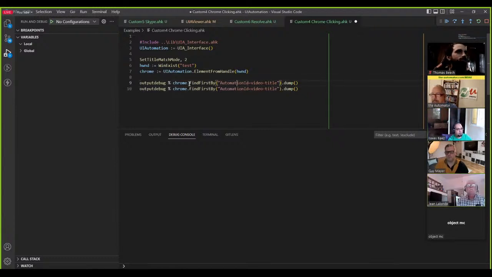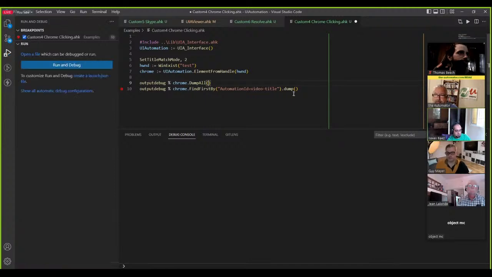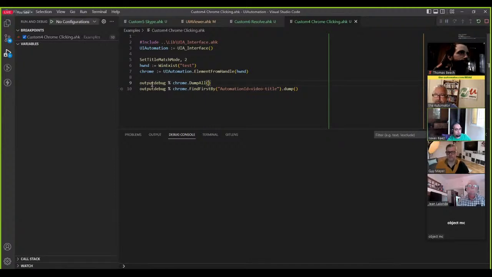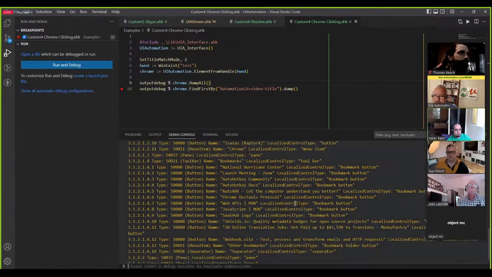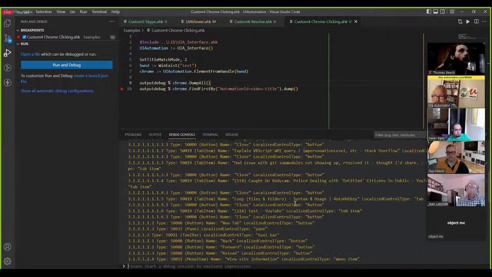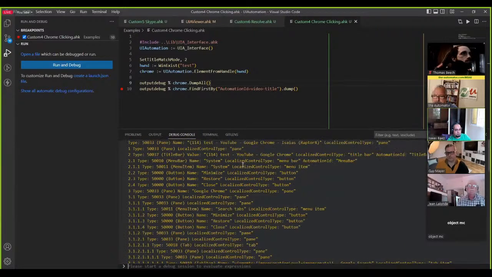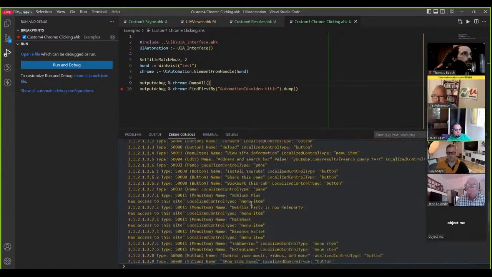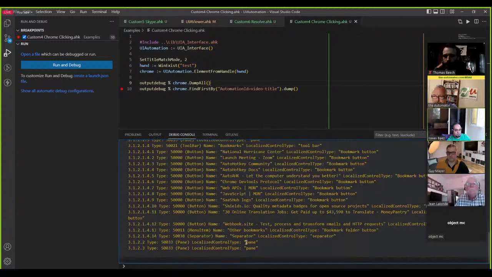Dump all. I'm gonna use that. Yeah, dump all first, just to verify that I have the correct window. But basically, yeah, here we go, and this is for, okay, so I just got the whole thing. I'm not getting the